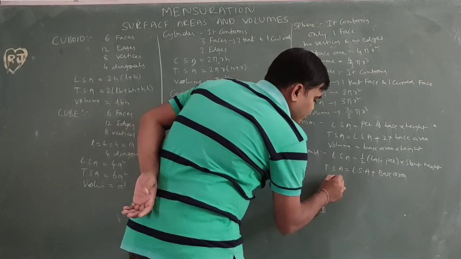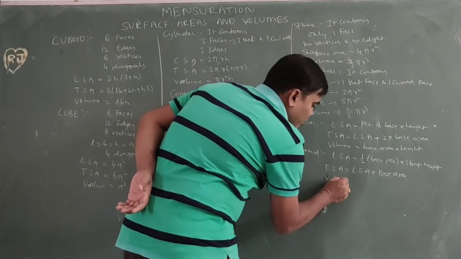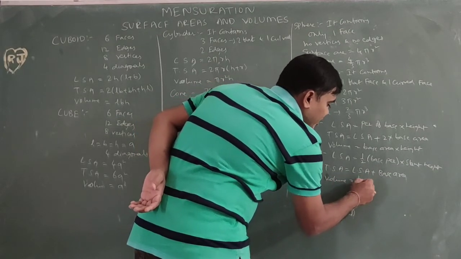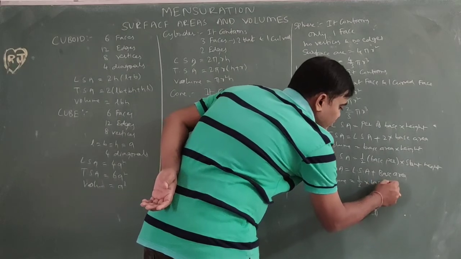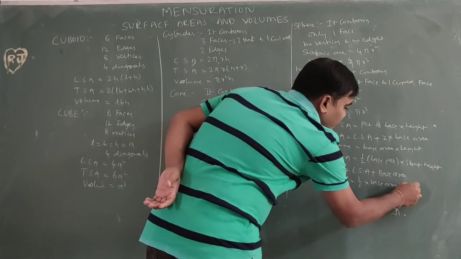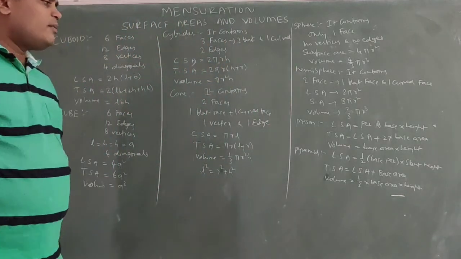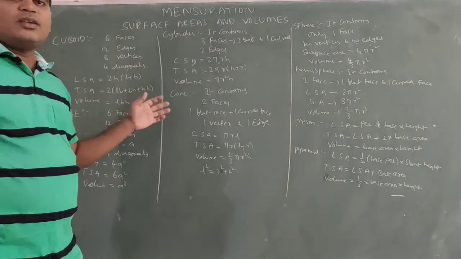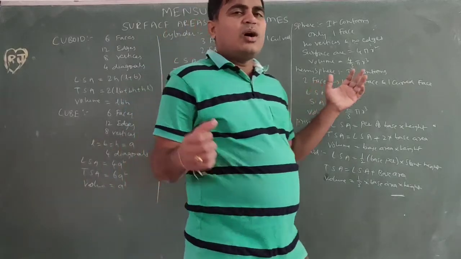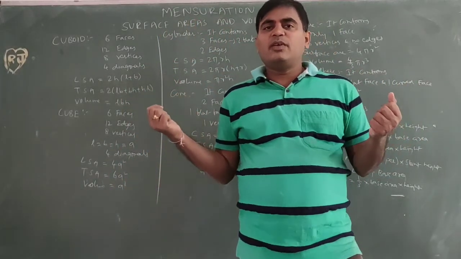Next, volume formula is 1/3 into base area into vertical height. So this is the formula for pyramid. These formulas are very important. On these formulas we are going to do the